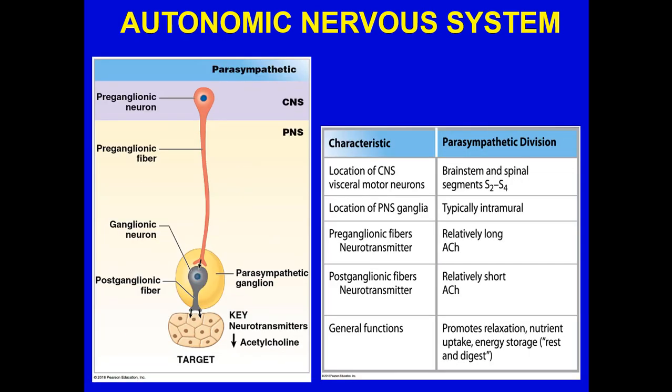Okay? Well, what about parasympathetic? Preganglionic, it's going to be in the CNS. The preganglionic fiber goes into the PNS and will synapse with the ganglionic neuron. Notice the length of the postganglionic fiber, very short. A lot of these ganglia or fibers are right next to the target. So it's the preganglionic fibers in the PNS that are usually very long, and they always are just using acetylcholine.